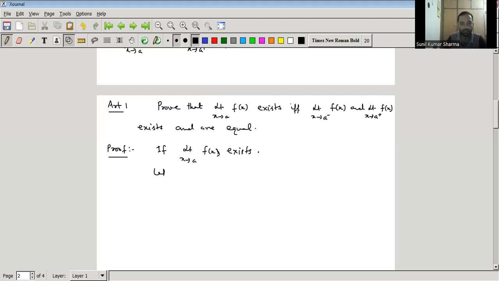So let the limit as x goes to a of f of x be some real number, let it be L. So given any epsilon greater than 0, however small, you can even fix this epsilon, right? There exists delta greater than 0, and this delta depends upon epsilon. Delta greater than 0 such that